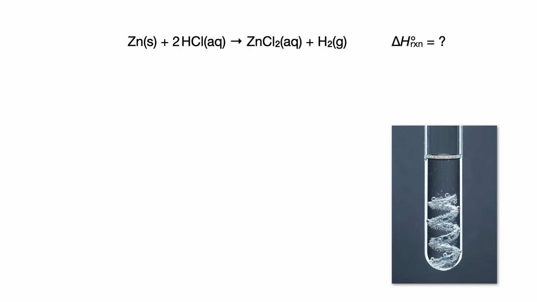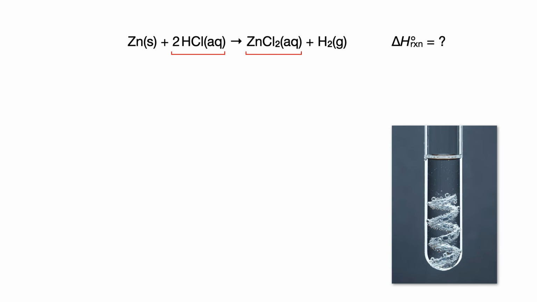Now, if you were to look up the standard enthalpies of formation of all the substances in this reaction, you might find that you can't find all of them in many thermodynamic tables, and specifically the hydrochloric acid and the zinc chloride. The delta H of formation for those substances is not found in many thermodynamic tables. And the reason why it's not listed